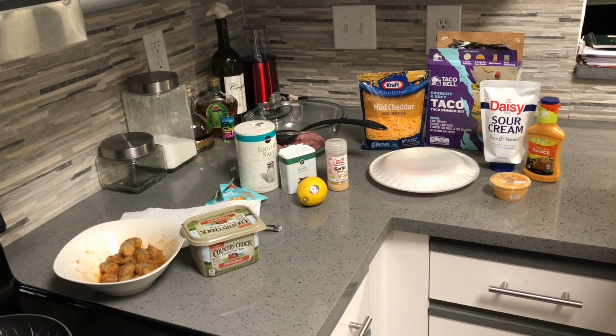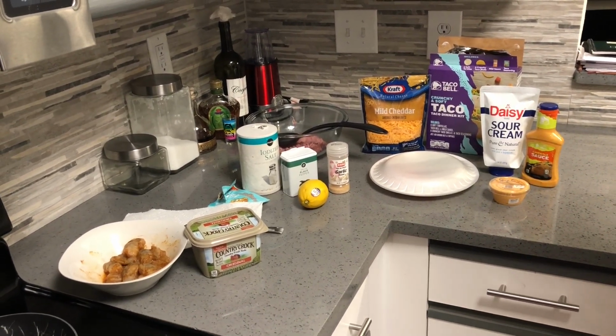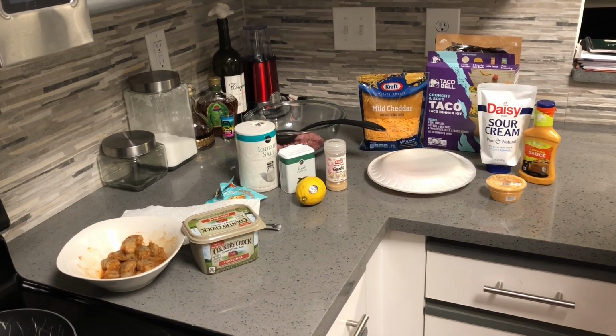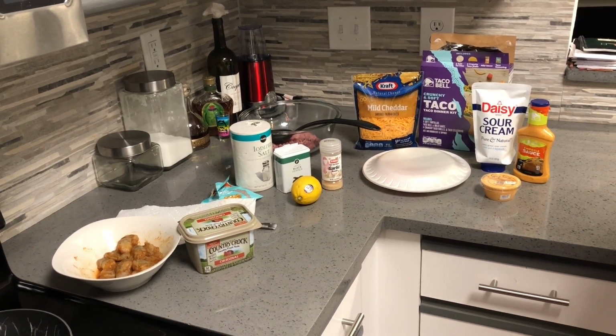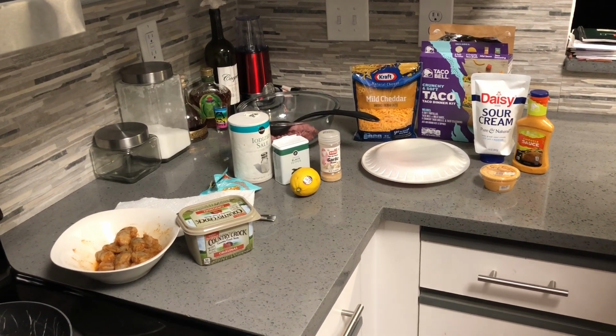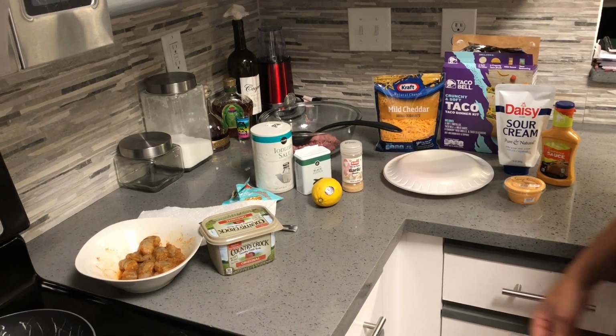Hey guys, welcome to my kitchen. I am Sudi, and as you guys can see what's going down today, we're doing tacos because it is Tuesday, so Taco Tuesday. Anyways, my meat that I'll be using today is some shrimp,